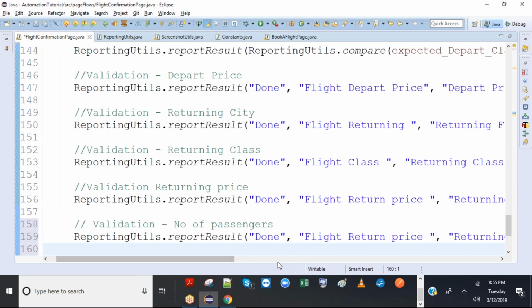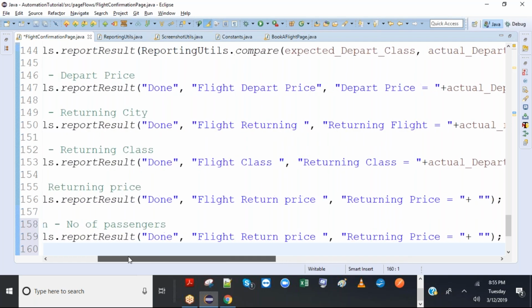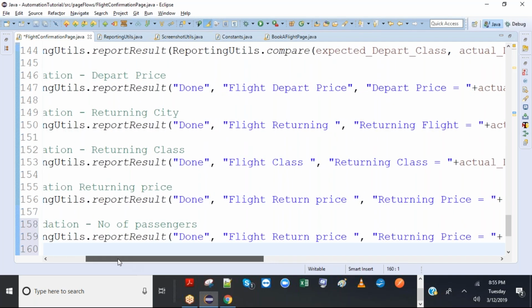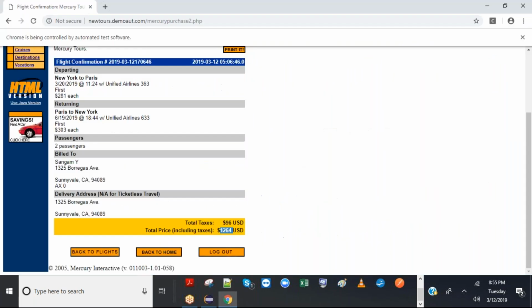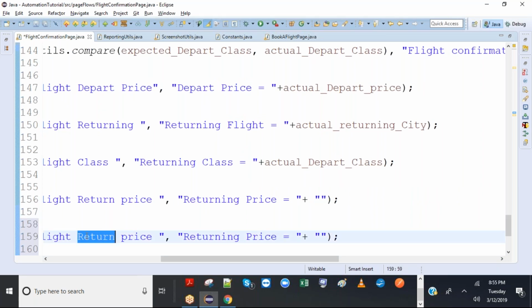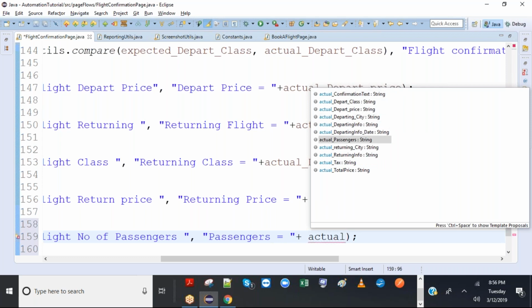And that would be done. In this case, passengers would be actual passengers.